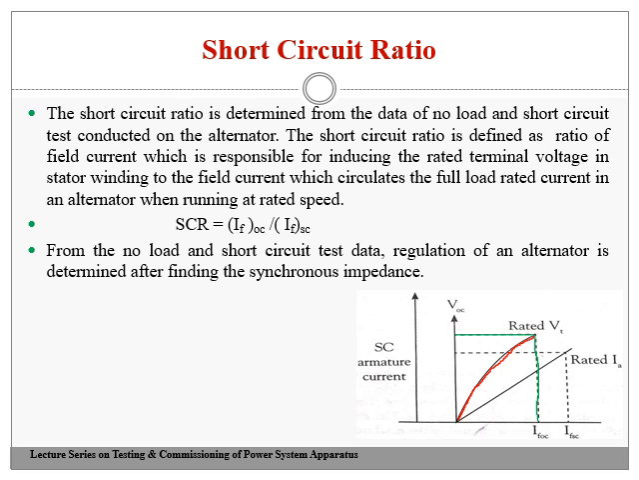You can see that this field current is responsible for producing the rated voltage induced in the stator winding of an alternator. This is the field current responsible for the generation, or the inducing, of the rated terminal voltage across the alternator stator winding. Then this is one more field current, which I am going to mark. This field current is responsible for circulating the rated current,